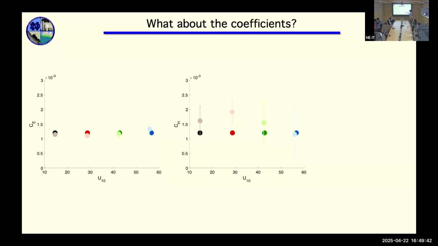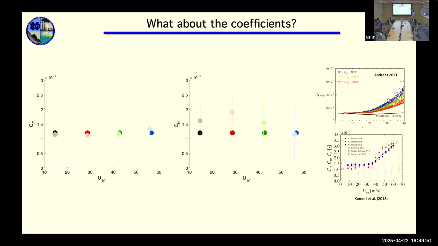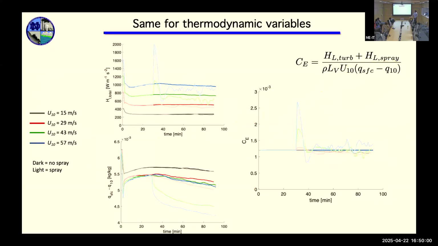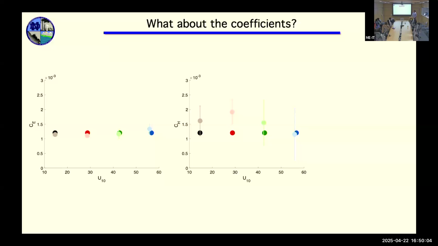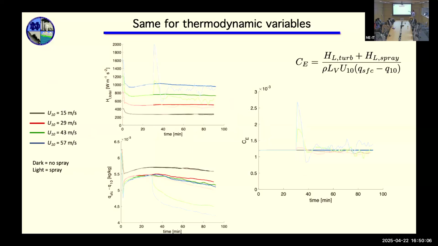In fact, out here at 55 meters a second, there's hardly any difference in the flux coefficients, which is not at all what these said. This was suggesting that you get out to some huge value. But there's something I'm hiding from you, and maybe you picked up on it, and maybe I'll end there. If I go back, those numbers that I just showed you are the average over the final hour of the simulation, but I've completely skipped over this giant spike sitting up here. And what's happening is,